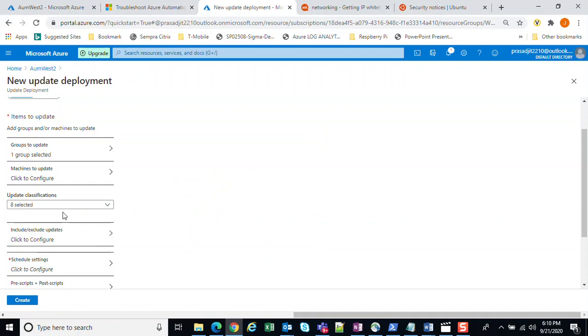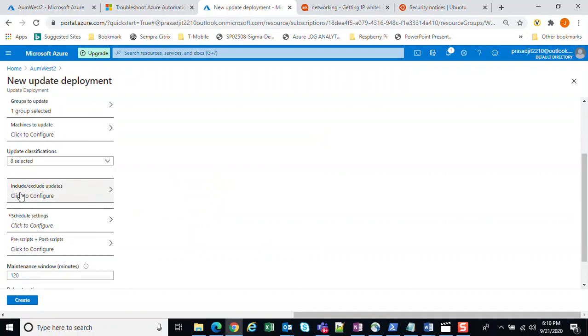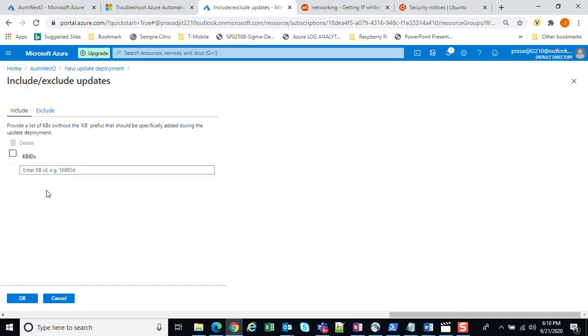Okay. So now here it is mentioned include and exclude. Whatever KB article you specifically want to update, you can mention only that KB article number here, so that will show as an include. If you want to exclude a KB article number, you can mention it here with the KB article number. I don't want to include or exclude anything. I'm just going with the default,